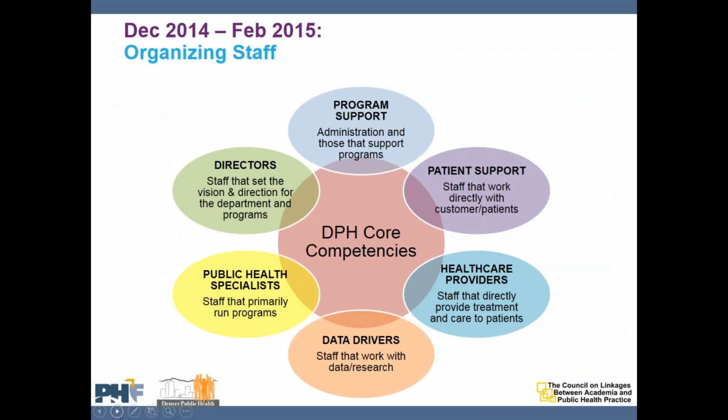So after having those conversations with the Public Health Foundation and those 60 staff members, we decided to organize our staff into 6 separate groups, which you see on the screen here. Our department did this by spending 3 workforce development committee meetings discussing what groups made the most sense for our very diverse staff. This planning process included taking a master staff list and identifying shared roles or responsibilities.